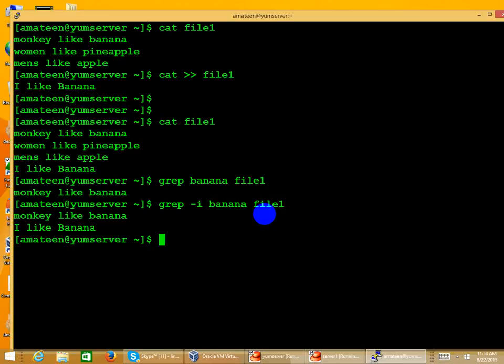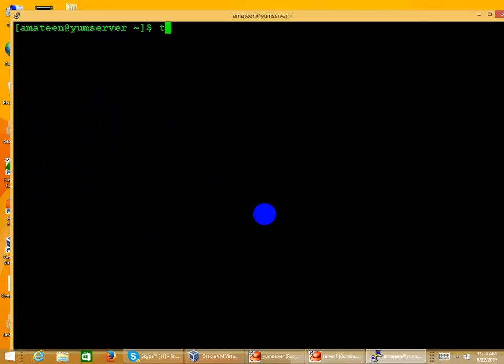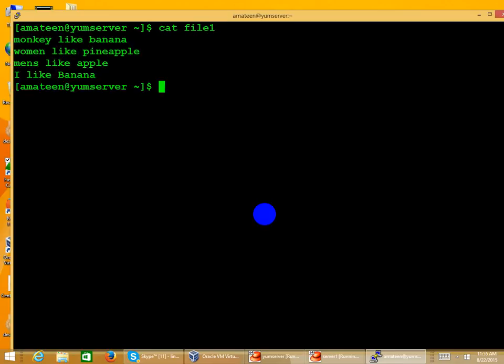Okay. Let's learn another command, the tr command. tr means translation. So you can translate from uppercase to lowercase. Cat file1. Whatever the content of my file is, it is lowercase, right? So I want to convert it into uppercase. tr is the command. tr, lowercase a-z